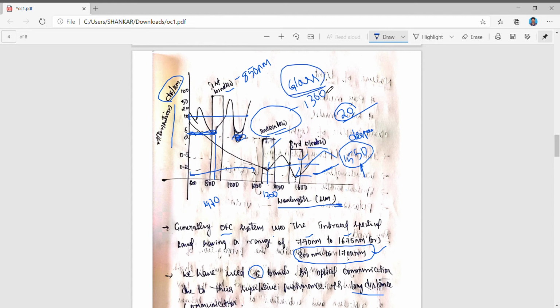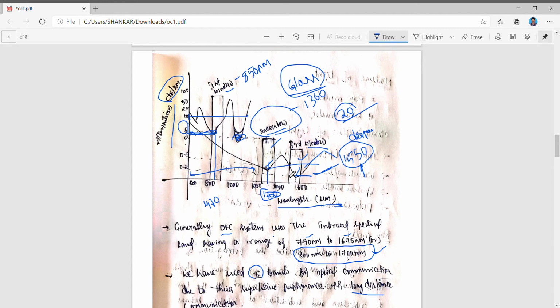So in that case they will choose optical fiber glasses for the transmission purpose. The optical fiber glass in the range of 1300 nanometer provides an attenuation of 0.5 dB per kilometer. Per kilometer it will attenuate 0.5 dB of the signal, but here it is 5 dB, which is very much more compared to 0.5 dB. So the attenuation will be less compared to the 850 nanometer range. The 0.5 dB attenuation will be less at the 1300 nanometer range.